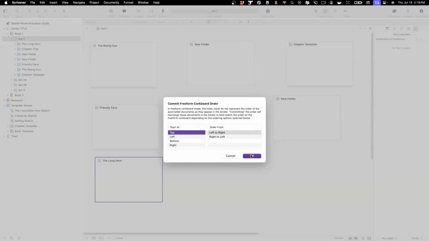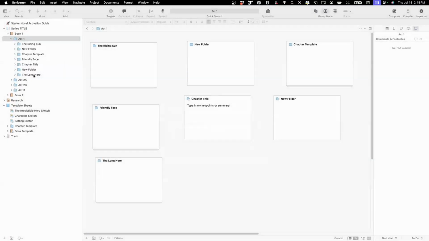So if I click OK, there it goes. It made that change for me and put them all in that order. So we have the Rising Sun, new folder, chapter template, friendly face, chapter title, new folder, and then last but not least, the long hero. So that's how you use the freeform corkboard. It's a very great view. I really like using it a lot, just keeping things fluid without requiring me to commit to any given structure right away. Now, from there, we can actually move into our arrange by label view, which is right here,